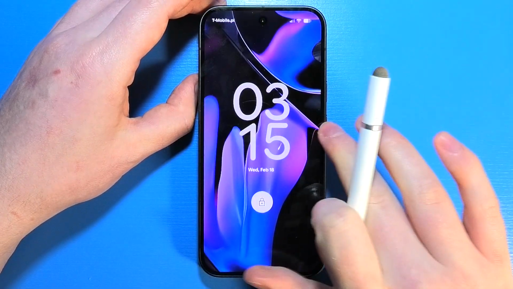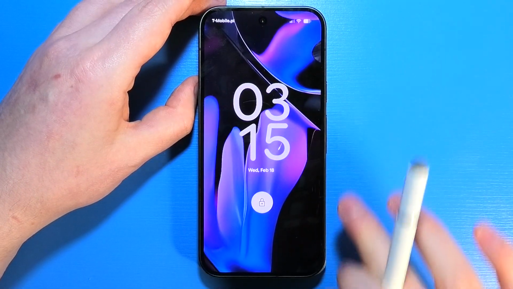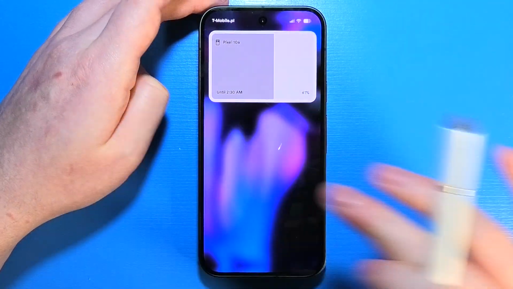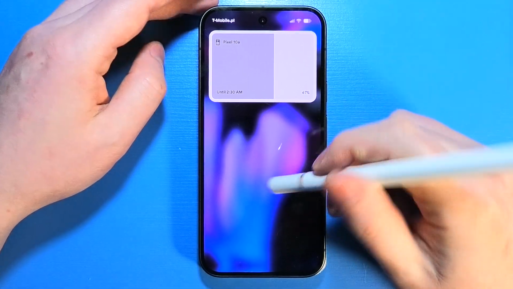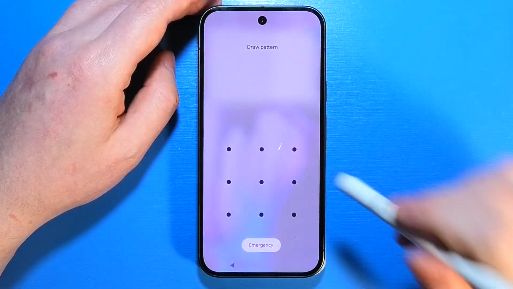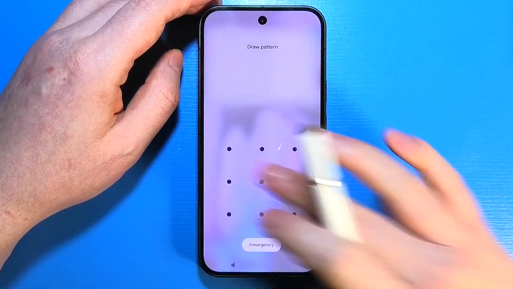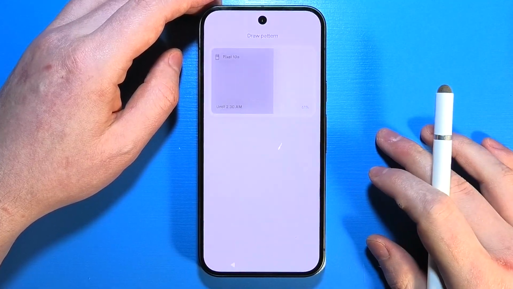Wake it up, then perform a swipe from the right side of the screen to the left, like this, and that way you'll be able to access your widgets on lock screen. To customize them, we'll need to click and hold our finger in the empty space, unlock our device, and then